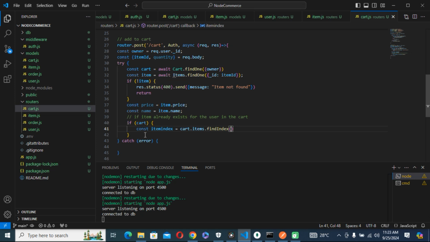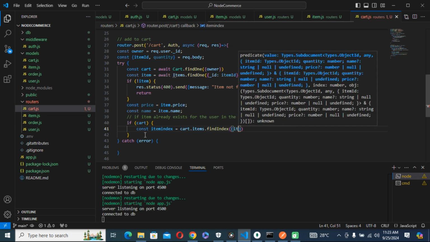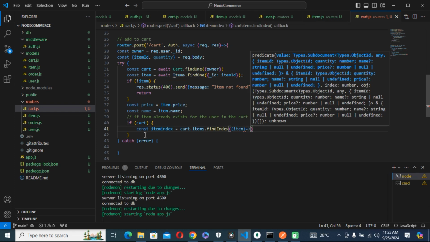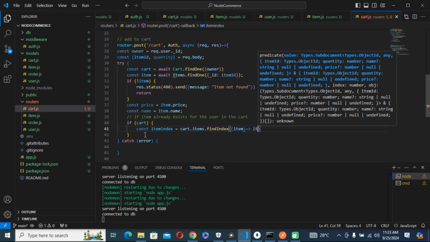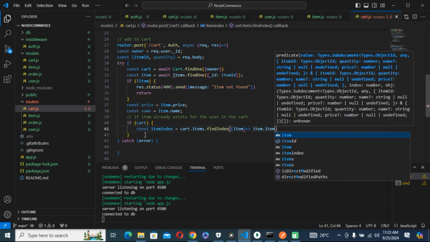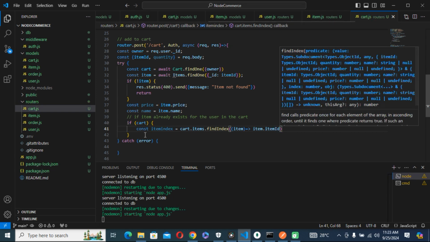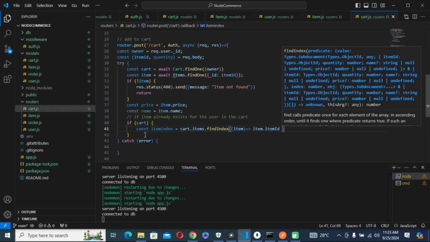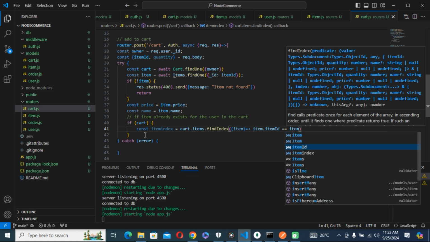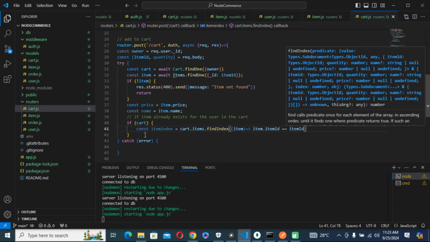What are you going to find in the index? Call the function this and this item for the item dot item ID. Look for the ID of this item. If it is equal to this item ID,